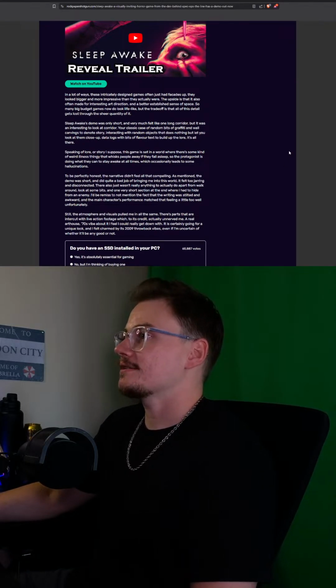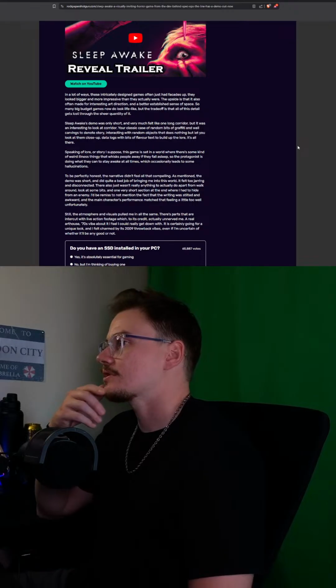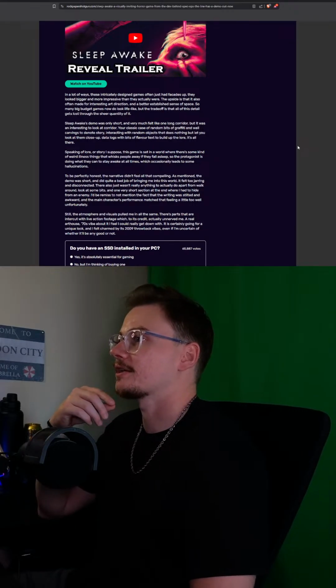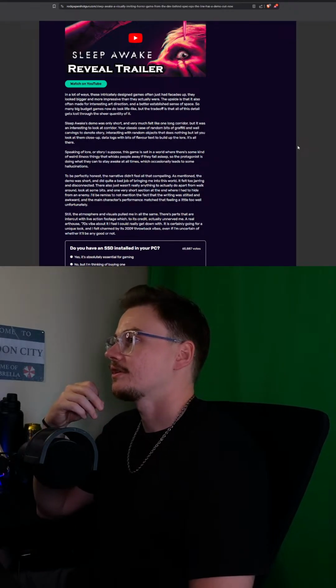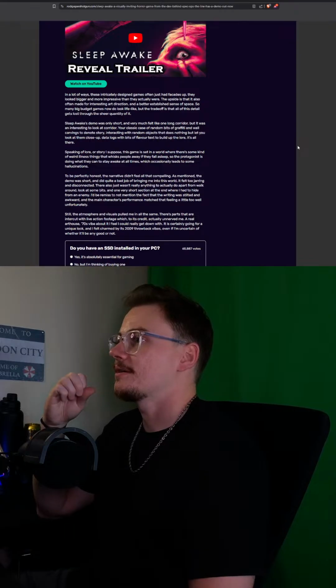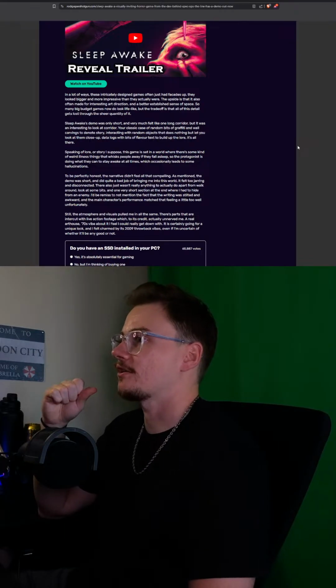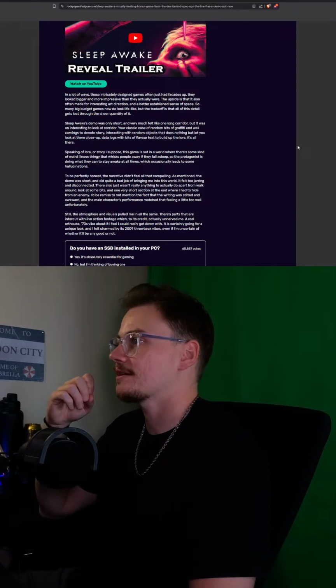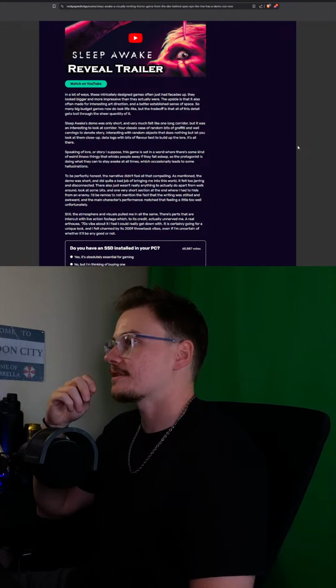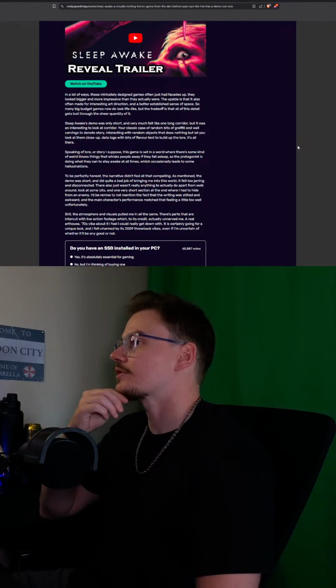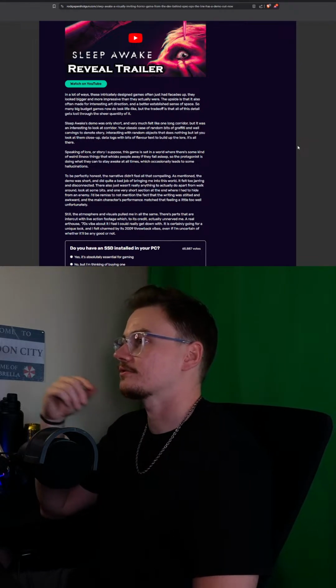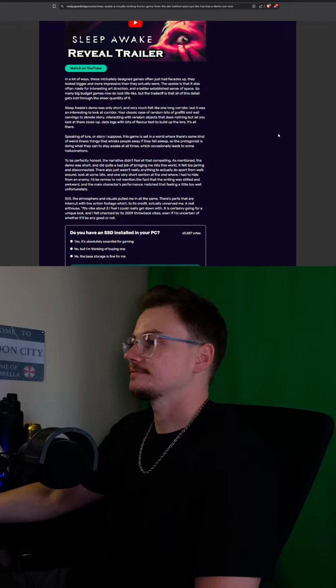In a lot of ways, these intricately designed games often just have facades up. They looked bigger and more impressive than they actually were. The upside is that it also often made for interesting art direction and a better established sense of space, whereas so many big budget games now do look lifelike. The trade-off is that all of the detail gets lost through the sheer quantity of it.